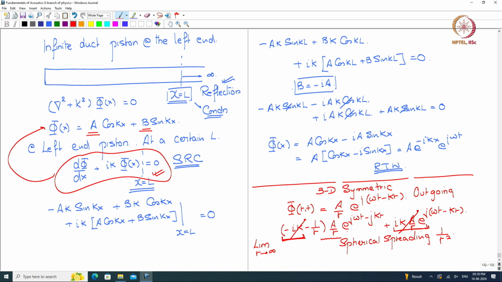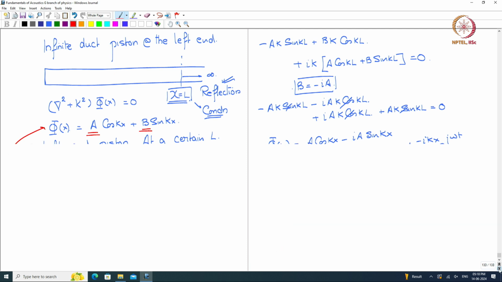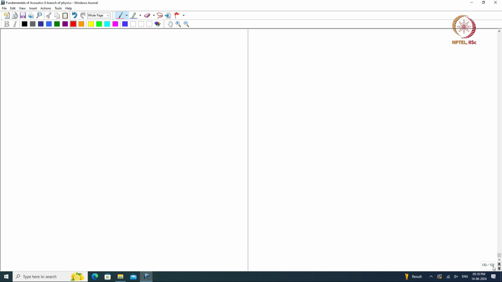It has just left out the spherical spreading decaying component, which can be taken out with an r tending to infinity statement. But watch this. So r tending to infinity must be there. Okay. But now if we have the incoming component